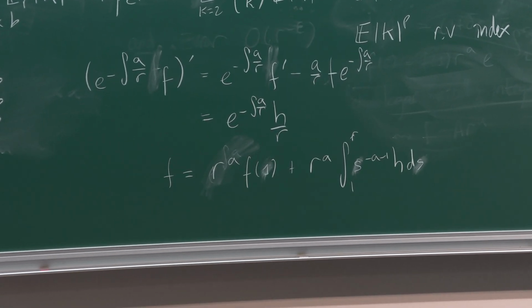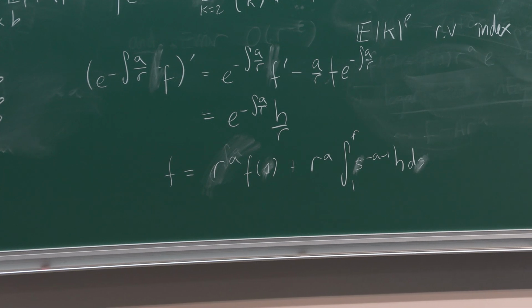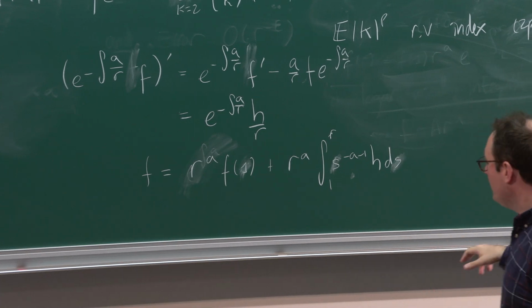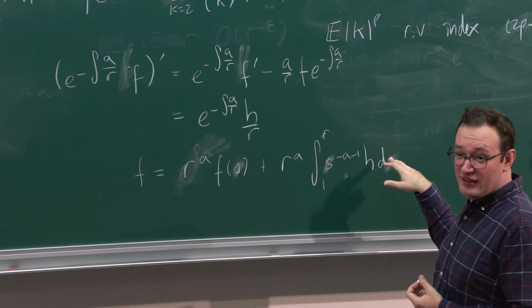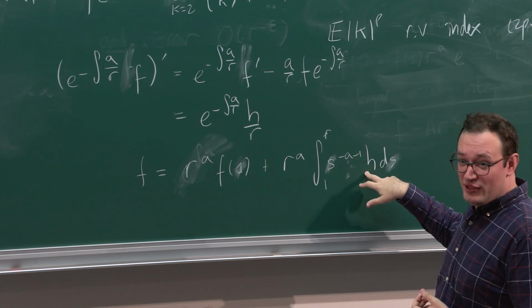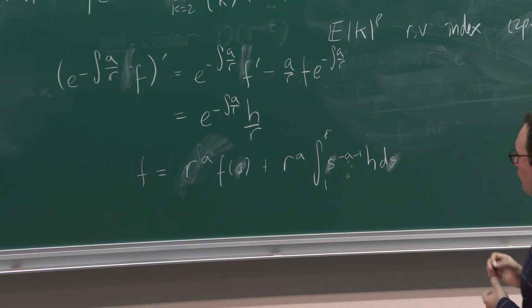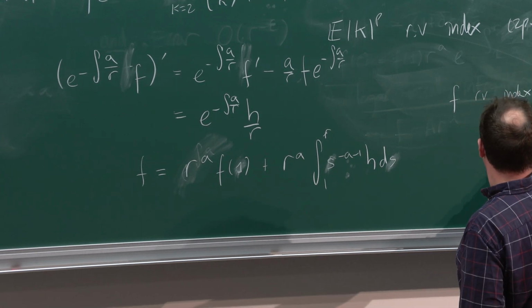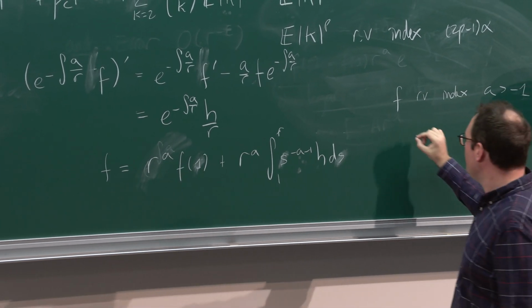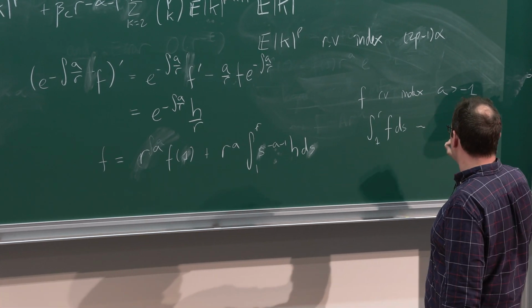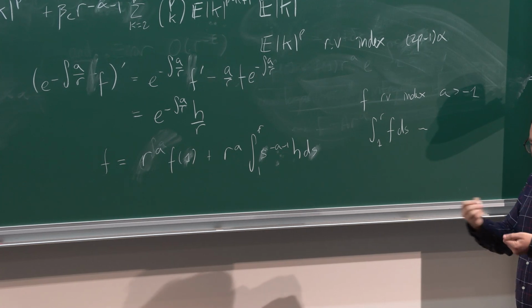Okay, so here you see basically this change in behavior. It's according to whether this integral is diverging or not, right? So in the case where h actually has a larger index of regular variation than a, when b is bigger than a, then this integral diverges. And in fact, one of the nice things about functions of regular variation, right, is that if f is regularly varying of index a, which is bigger than -1, then the integral to r is asymptotic to what you would get. It becomes an algebraic operation, right?